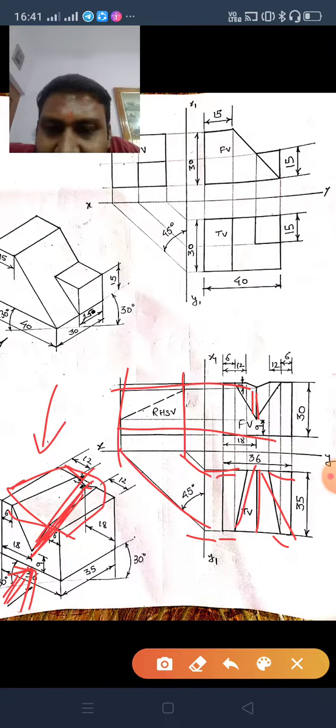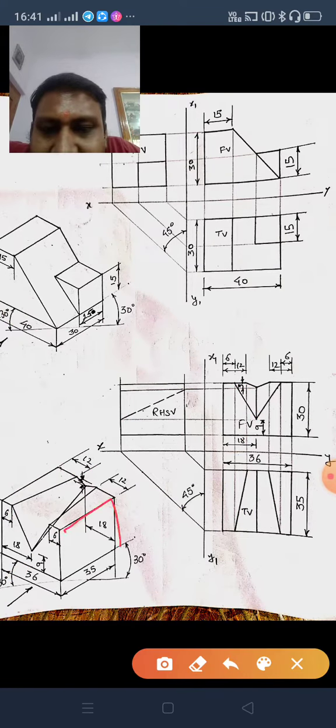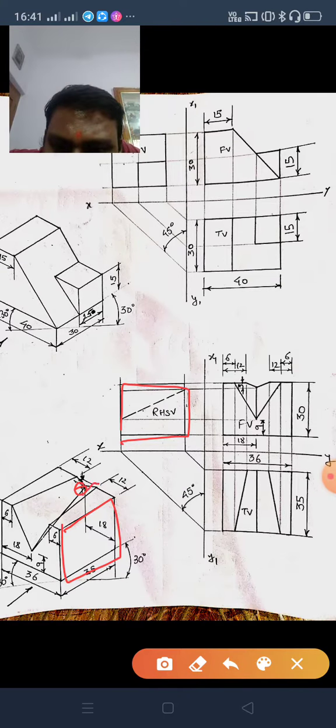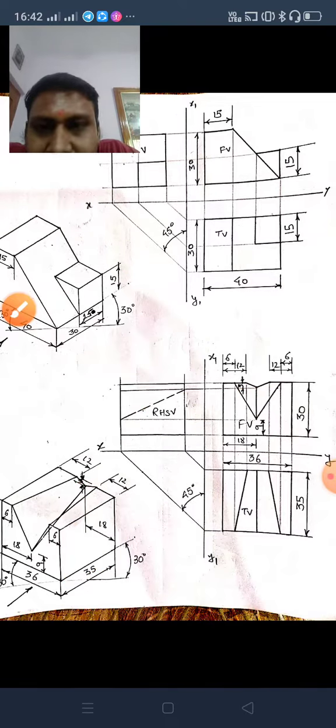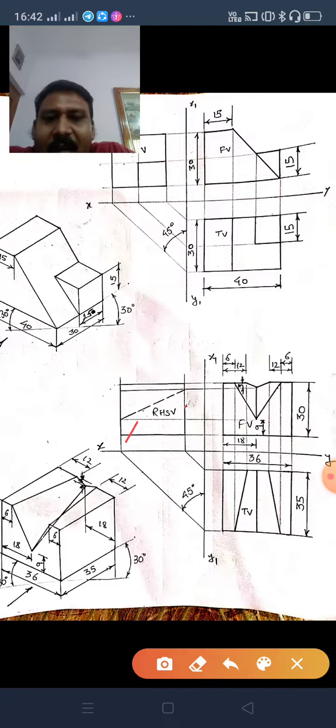Now see in the side view, just a minute, in the side view you are just seeing this box of 36 by 30. So that's why we have drawn this of 36 by 30. Now this point, you are seeing this as joining, but this is not visible because this is inside this figure. You cannot see it from here, but you have to show it as a hidden line. So what will you do? You take this bottom point, project here, and this top point, project here. From both these points, draw a dotted line, as I have done here. So this is the right hand side view.